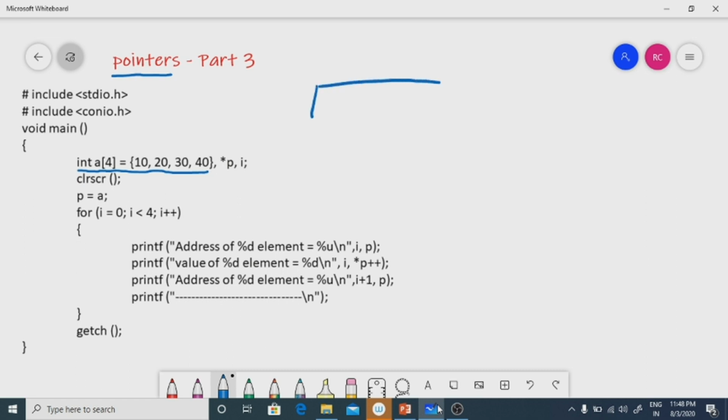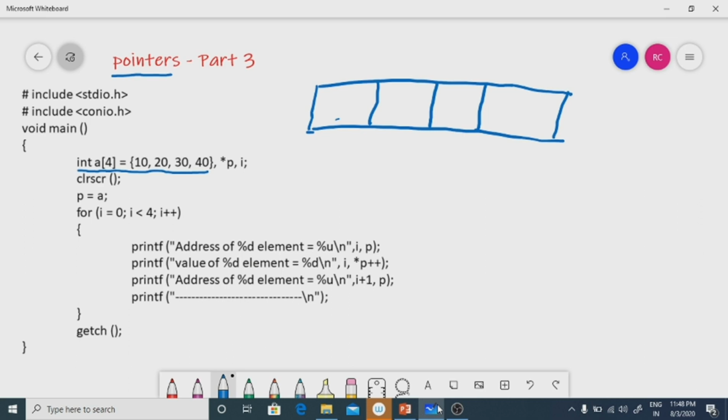Memory will be allocated to store 4 elements. Here, for my convenience, I take the size of integer as 2 bytes. Normally, the size of an integer is 4 bytes in the case of a 32-bit computer, and in the case of a 16-bit computer, it is 2 bytes. Nowadays, you can find only 32-bit most of the time, so it's better to take 4 bytes, but for my convenience, I take 2 bytes here.